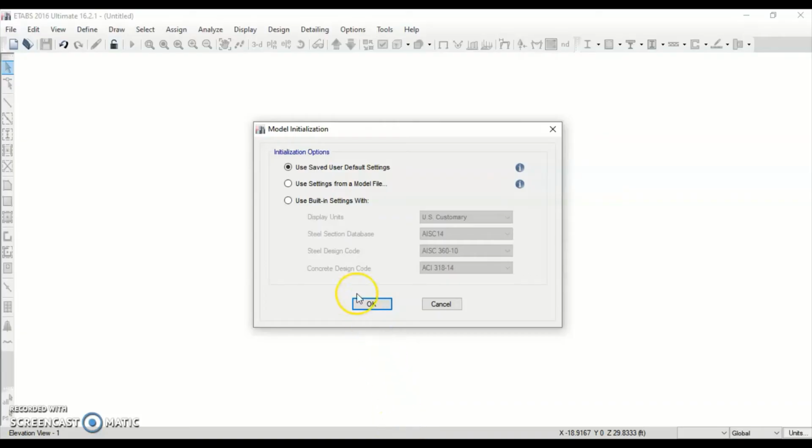When you open ETABS and create a new file from here, this is what you see. It is a model initialization which has some settings to begin our model with. So I'm going to use built-in settings. And I'm going to use US customary, and we do have SI, MKS, and so on. So we are going to go with the US imperial system. So click OK and move into